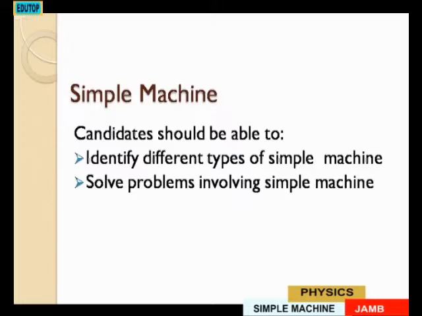We are going to consider another new topic, and that is simple machine. Under this topic, the candidate should be able to identify different types of simple machine. At the same time, being able to solve